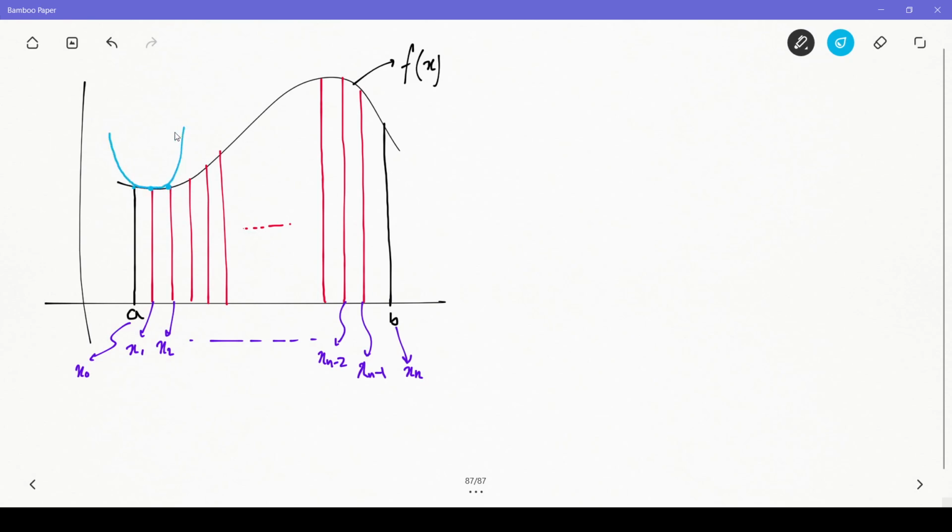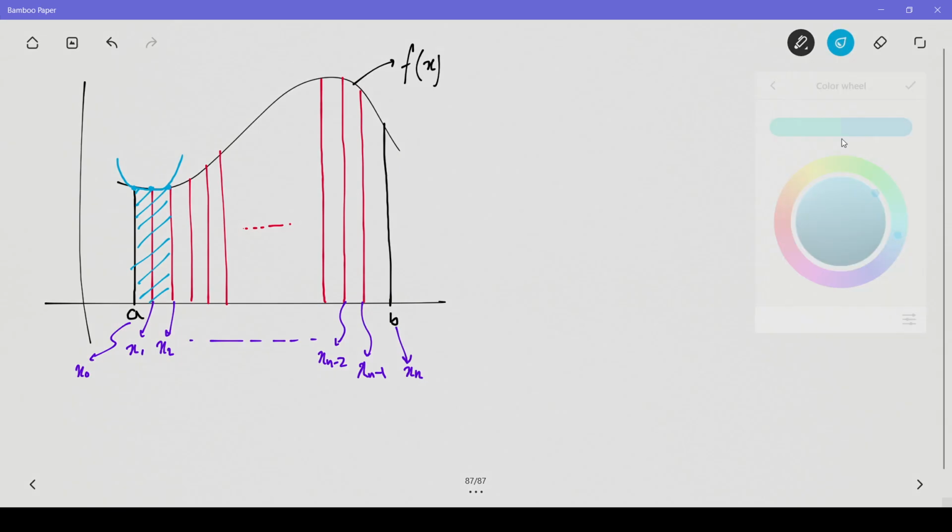Obviously this is not accurate, but it should look something like this. Something like this, a quadratic function. So we say that we'll try to measure the area under this curve between the lower limit x naught